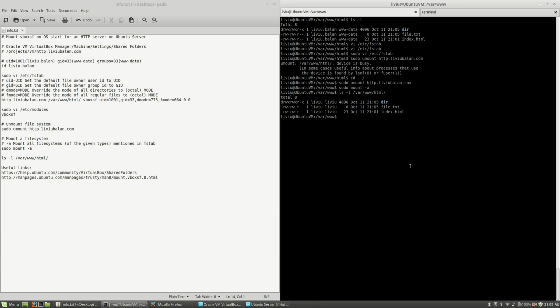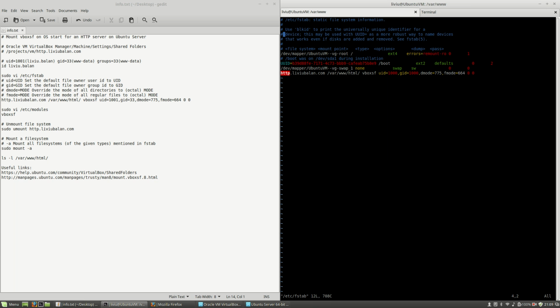So in this way, you will make sure that all the files and directories that you've shared are owned by the correct user and group that you want. Let's modify the fstab again to the values 1001 and group 33. Right click,